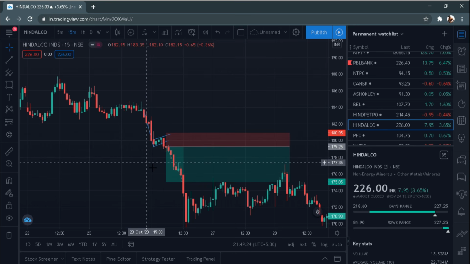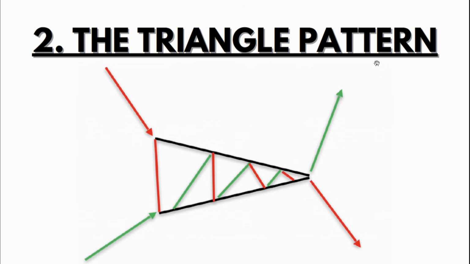So now let's move on to the next pattern. Alright guys, the next pattern that we will be covering in this video is the triangle pattern. The triangle pattern is a very simple pattern, and it is not specifically a trend trading pattern, but you should do it with the trend so that your trade goes more smoothly and efficiently. It is possible to trade the triangle pattern against the trend. For example, if the trend is upwards and it is forming a triangle, it can go downwards. That is possible, but it is not as efficient as if done with the trend.